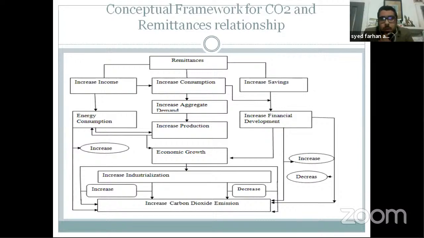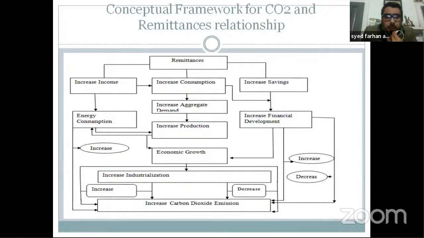So here is the conceptual framework for the CO2 and remittances relationship. The relationship may be direct or indirect, so we can define this from the given diagram. Remittances increase income, which leads to an increase in consumption, and we also increase our savings from the remittances. But as we all know, an increase in income and consumption is directly related. Whenever our consumption is increased, we increase our aggregate demand, which further leads to an increase in production,